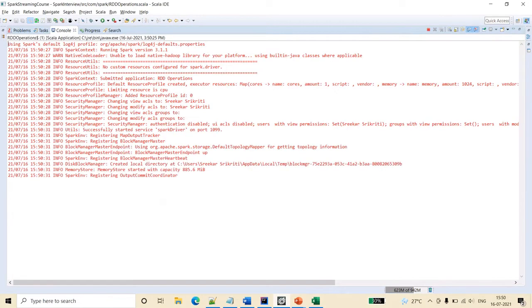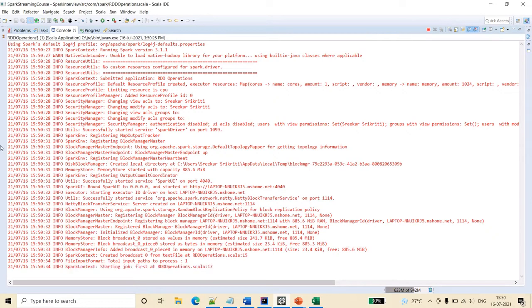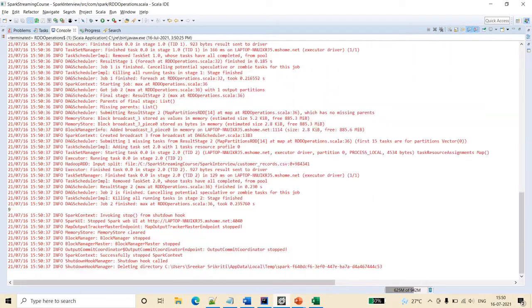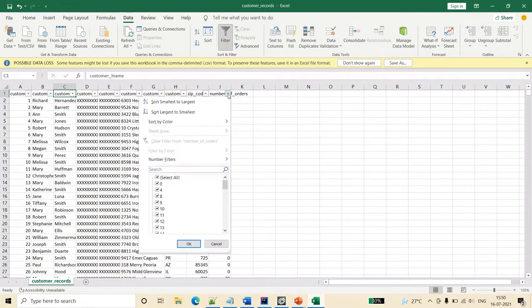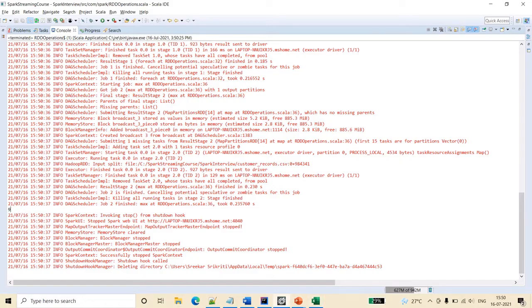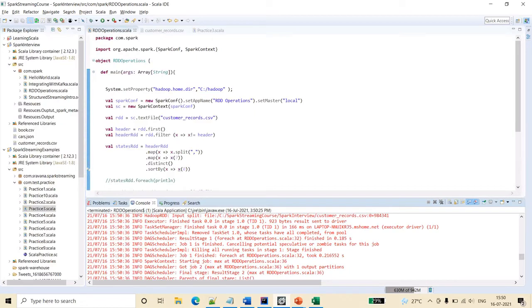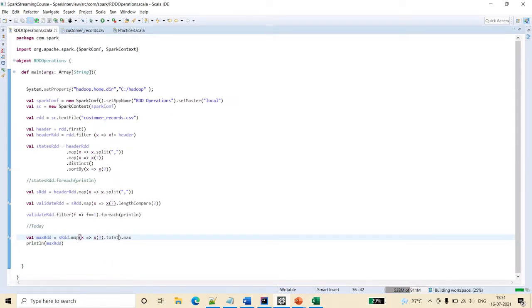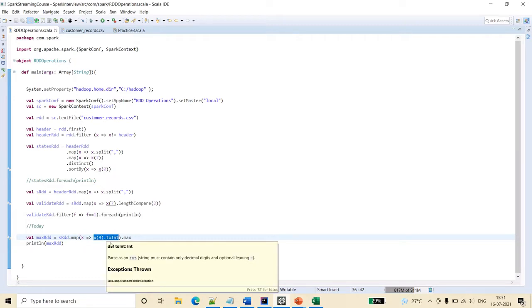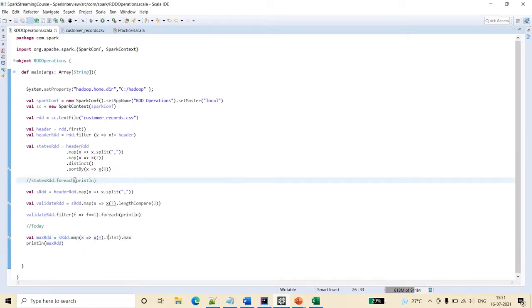So we have not done the casting operation, and we are just getting the maximum from that map. In the map, see, it is giving 9, whereas I have opened that Excel file, friends, so that you will understand very clearly. I am filtering it. When you open the number of sales, the maximum is 220 here, but the code is giving us the wrong value. That is because the value is considered a string. So when you give toInt here, it is typecasting. Whenever you are dealing with any field that is an integer, make sure that you convert it to toInt and then use it.